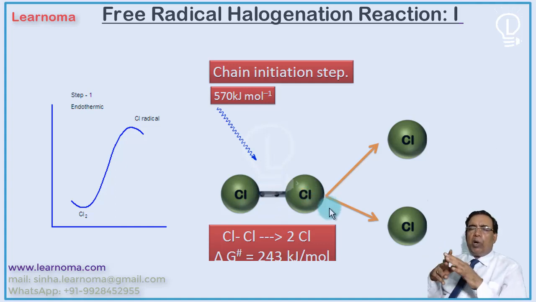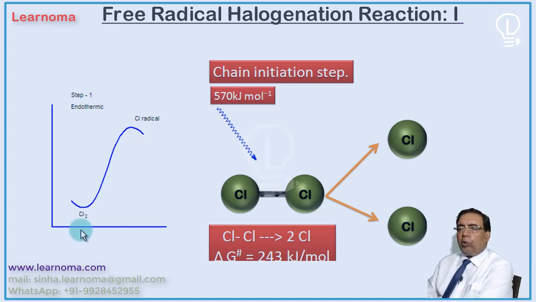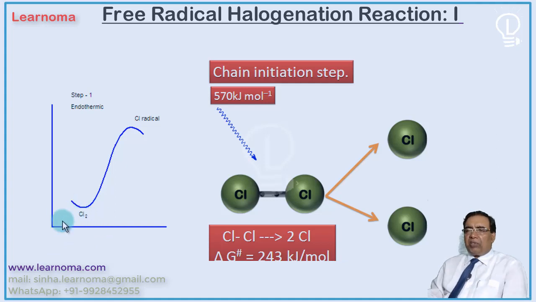You can dissociate the bonds by heat, by light, or by some other species, some other radical species. That is called sensitization. See, in this reaction, the chlorine goes from the neutral, lower energy species, and this coordinate is nothing but enthalpy, the heat, and the reaction proceeds. The chlorine forms the radical by using the energy, and since we have provided energy in the form of light, we are getting chlorine radical.